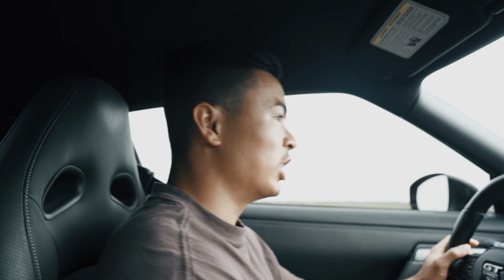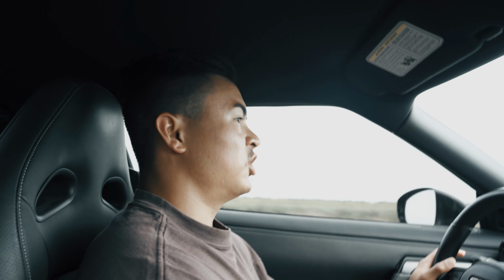Now that we've launched the car twice, you've heard the exhaust, you've seen what the exterior is, you know what modifications are done to it. Oh, I didn't mention that the thing is lowered on Swift Spec R lowering springs. That's where I want to start, actually. Is one thing that I actually,